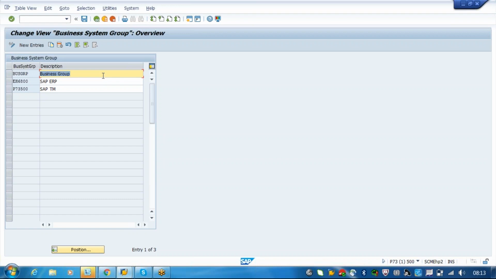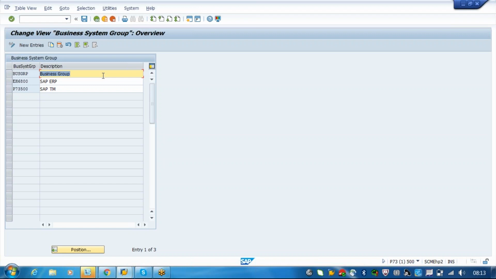What will happen if the TM is receiving data from the GTS system and also from the R3 system? In the TM, when you transfer the data, there will be two business partners getting created. Normally when you transfer the data, you're sending the customer master from R3 and from the GTS. So there should be two customers created in the TM, one for the GTS and one for the R3. Do you agree?